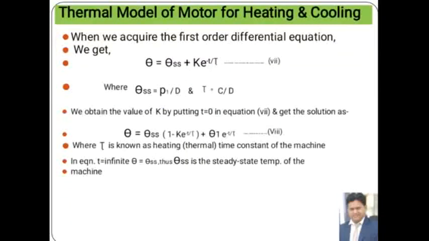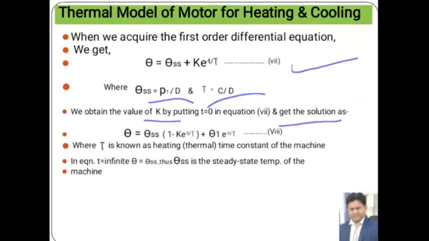Now when we solve the first order differential equation, we get θ equals θss plus k e to the power minus t divided by tau. This is our seventh equation, where θss equals P1 divided by D and tau equals capital C upon capital D. Now we obtain the value of k by putting t equals 0 in equation 7 and get the solution as θ equals θss